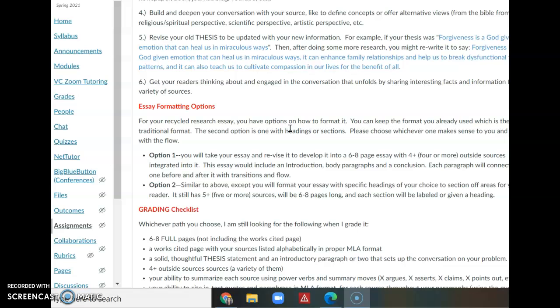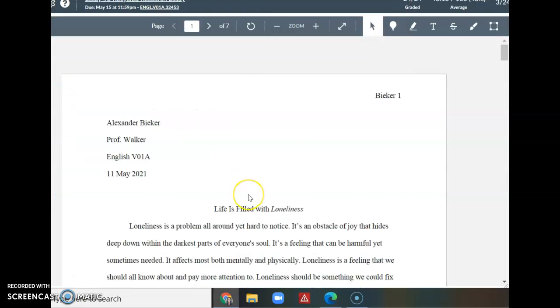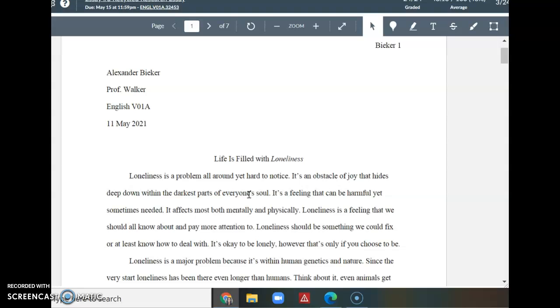Just go in and add research to make it longer. I've given you a sample of that in this module, but I want you to take a look at what it could look like. This is a sample by Alexander Biker, titled Life is Filled with Loneliness. So I want you to pay attention to the structure and format because this is what a traditional research essay